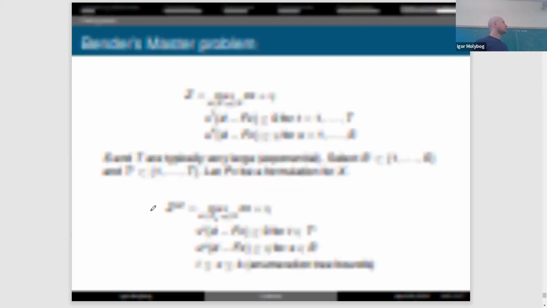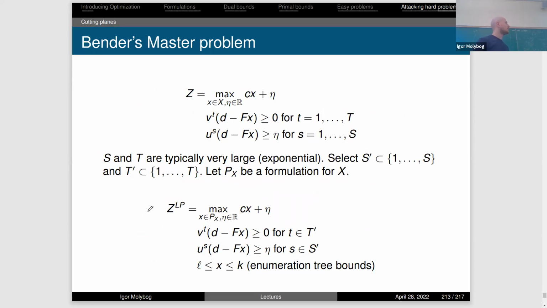Using these extreme rays and extreme points, we were able to formulate the master problem for the mixed integer programming problem at hand, whose solution is exactly equivalent to the solution of the original problem. But instead of having a lot of real valued variables, we have a lot of constraints. And now, since we have this huge number of constraints, we can actually discard some of them